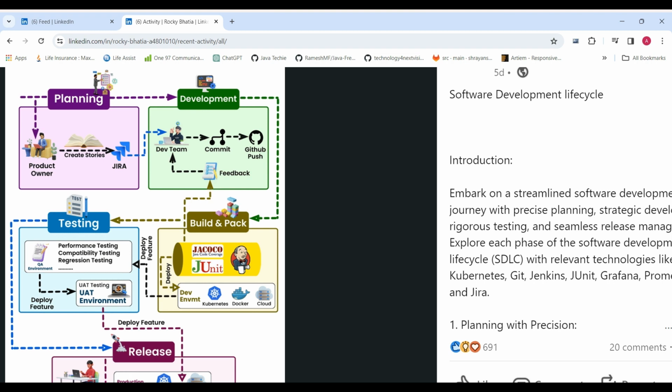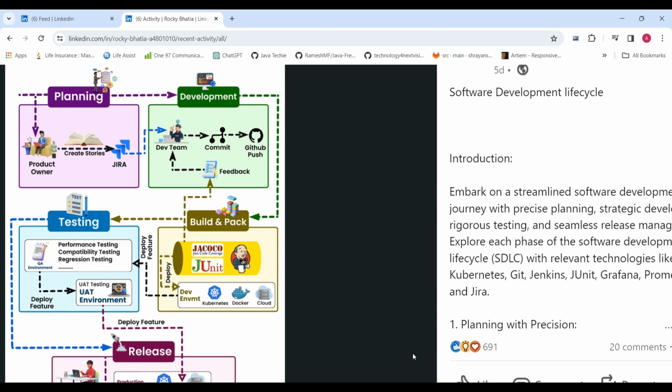Hi all, today we'll discuss the software development life cycle. So what are the phases in the software development life cycle? There are five phases while we are developing the software. First is planning, second is development, third is testing, and fourth is build and pack,